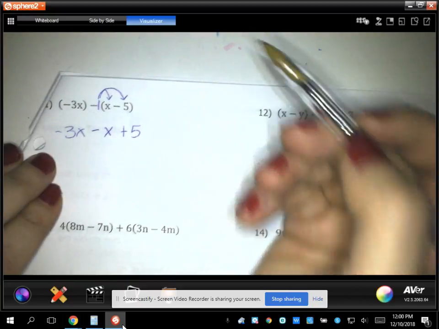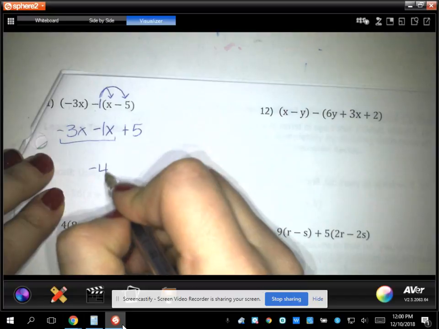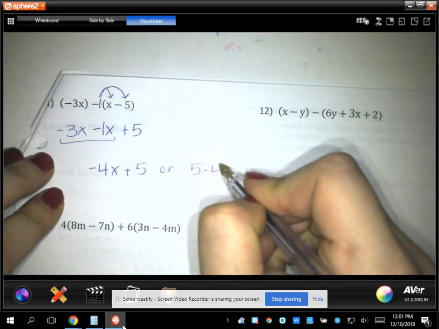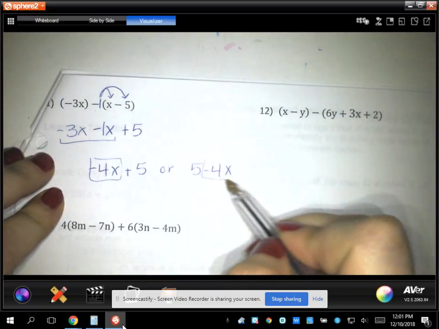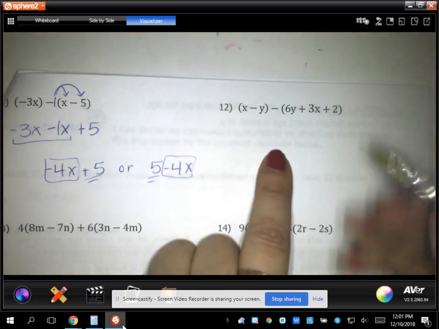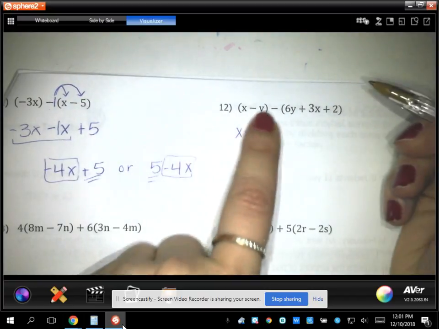All right, so now let's combine. This is -4x plus 5. Or I could write this as 5 minus 4x, because either way, the 4x is negative and the 5 is positive. All right, this next one, I'm going to bring down my first expression, x minus y, and then I'm